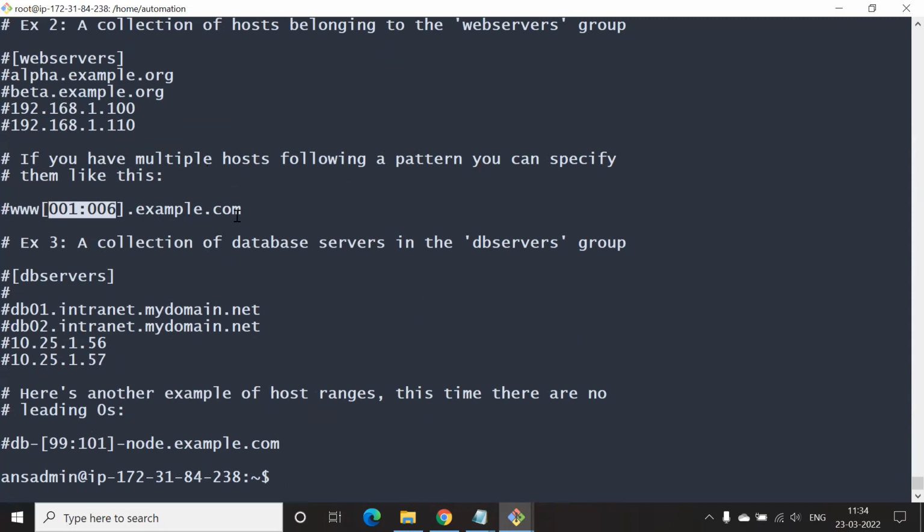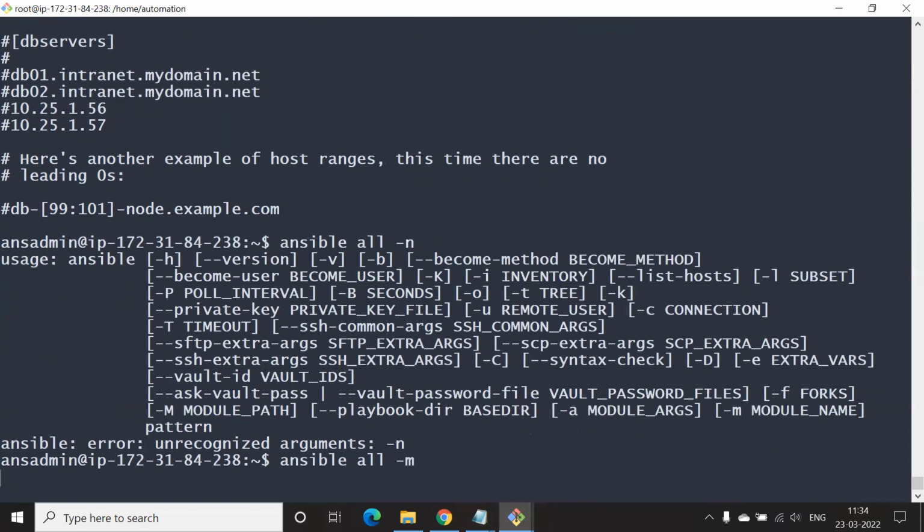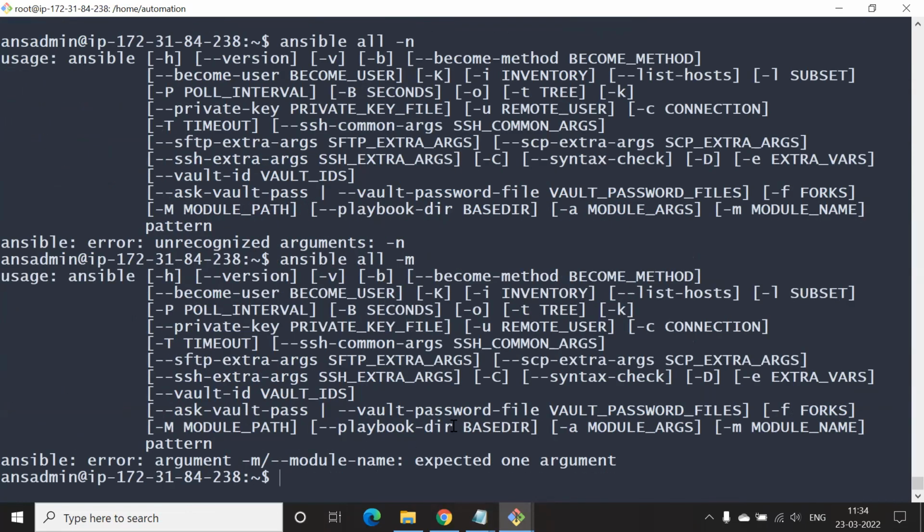But let's get our hands on it. We installed Ansible. So now what we'll do is type in ansible space all space -m. -m is for module.